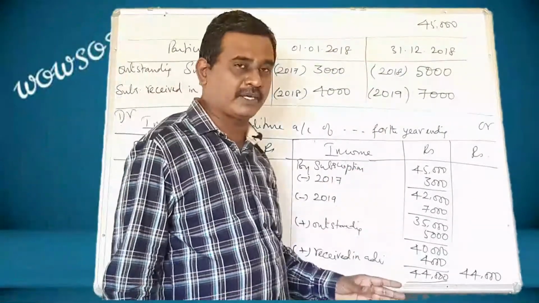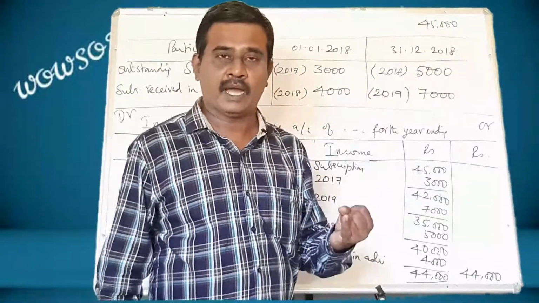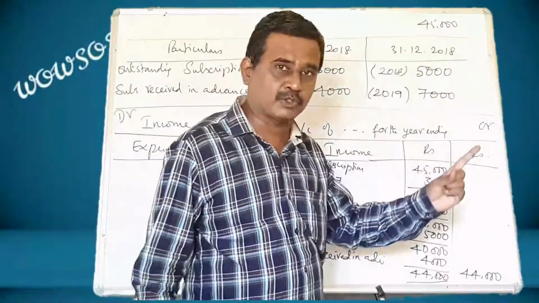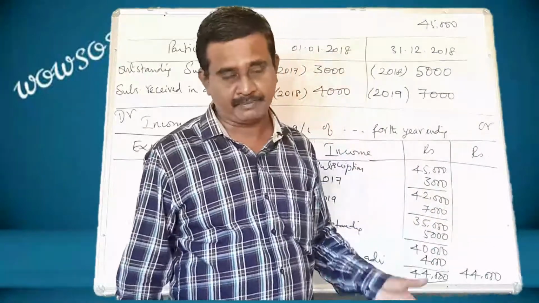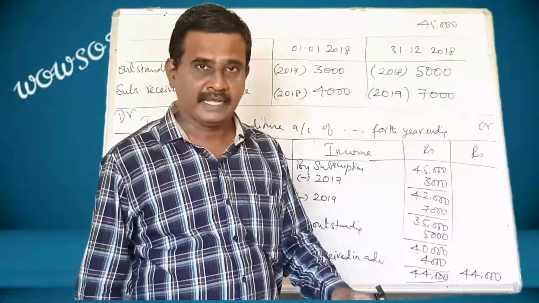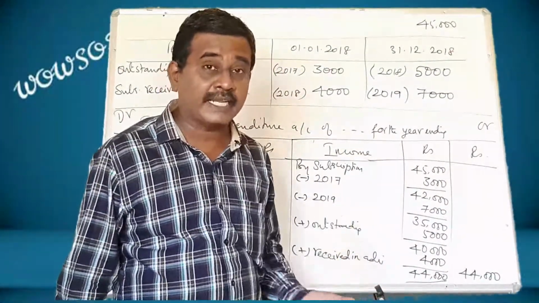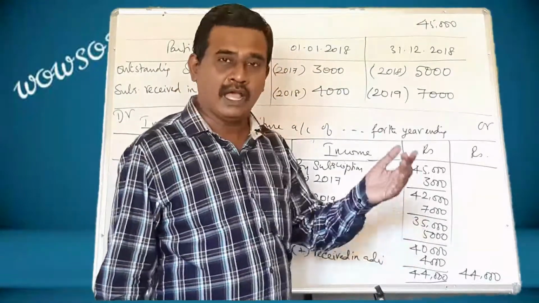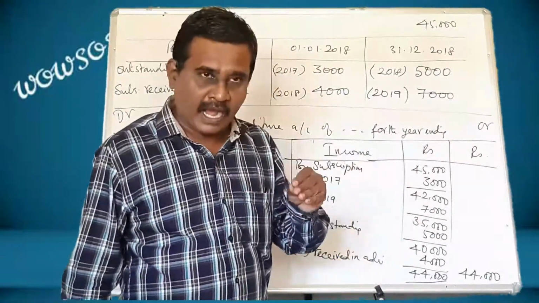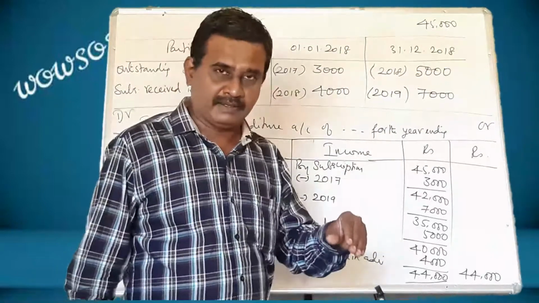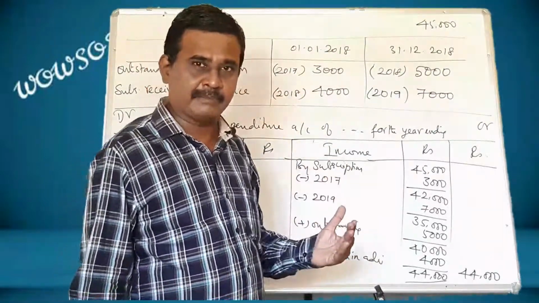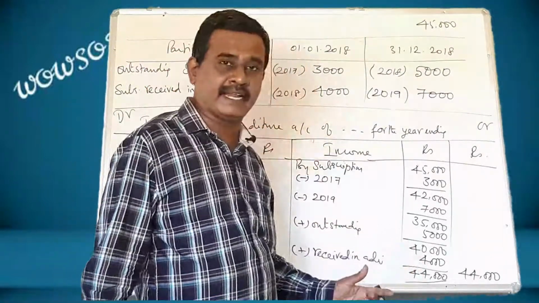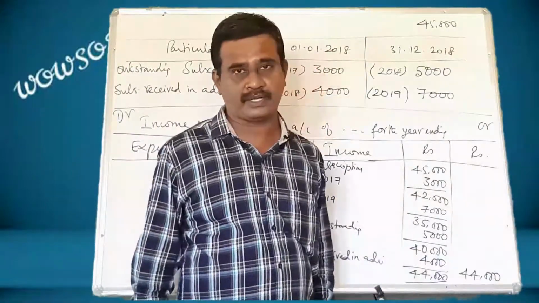You can easily calculate. What do we do? We take the amount, and from that amount the previous year's amount should be subtracted and the next year's amount should be subtracted. This year's outstanding amount should be added. Along with that, if an amount is collected earlier, that should also be added, and the total amount should be shown in the income column.